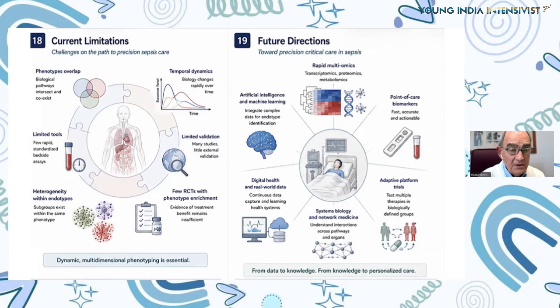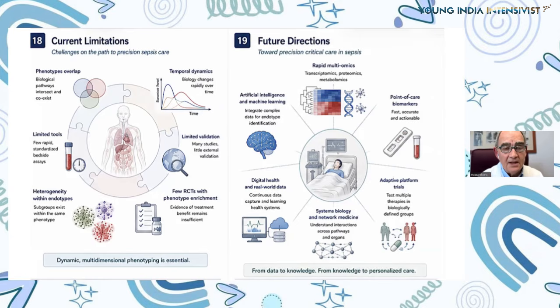And we have to know that the heterogeneity with the endotypes identifies various subgroups whose way to react to the insult may be different. And another important point is related to the fact that the temporal and time dynamics may be different, not only with respect to one another, depending upon the moment when the sepsis started, but also related to the changes in biology that can evolve rapidly over time and may change the initial situation.